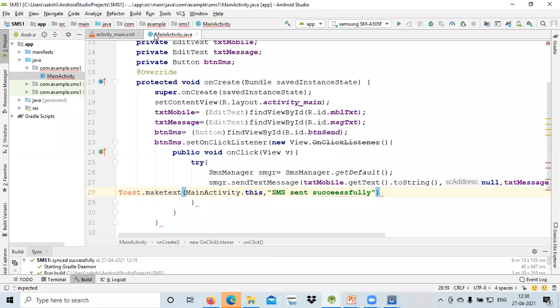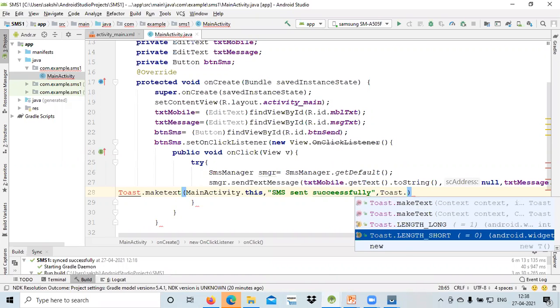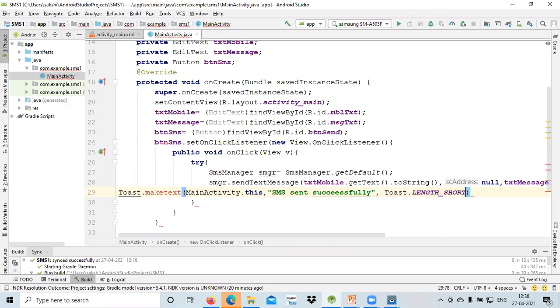Yes, students, any doubt? And after that, as you know, we will pass the length of that particular message, Toast dot length short over here. Okay. And finally, we will show that particular toast message like this.